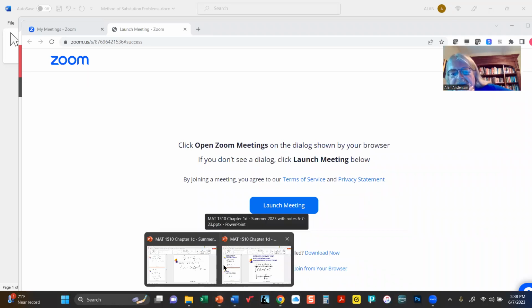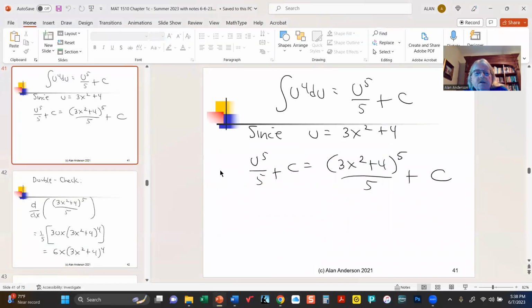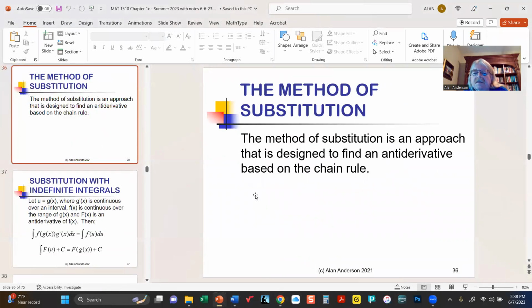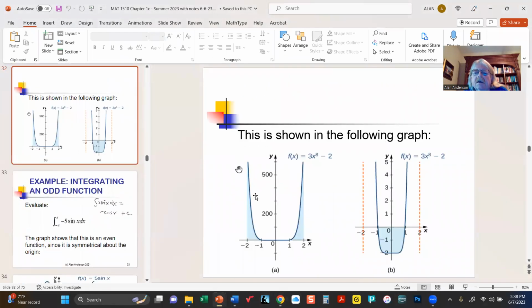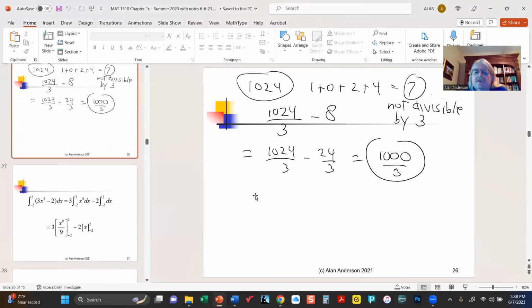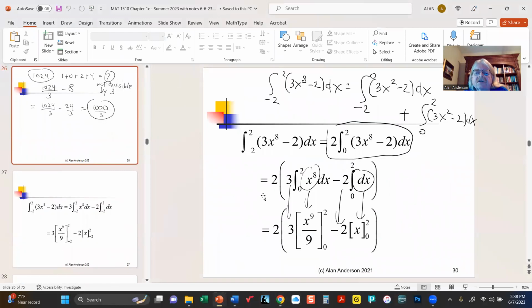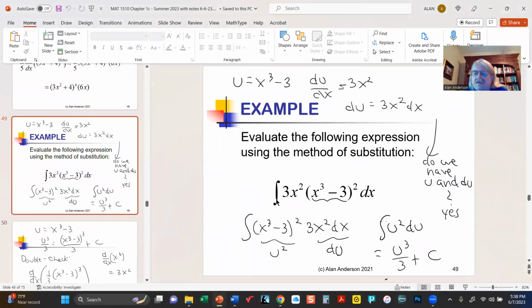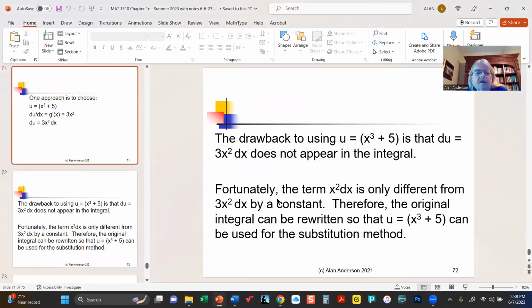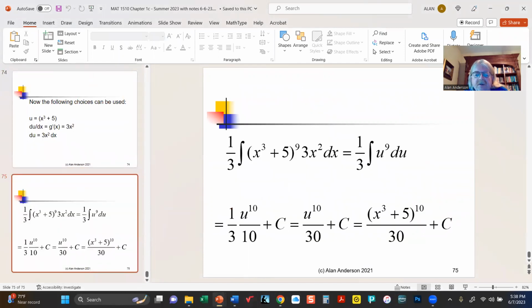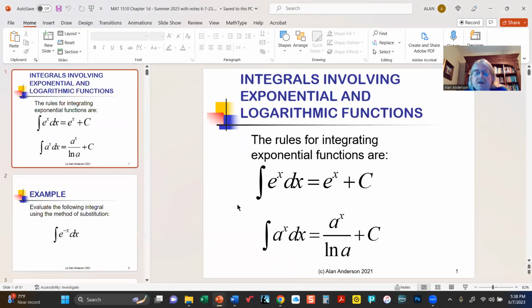All right. Okay, so yesterday, of course, as you know, we finished up section 1C, and we ended up with a very complex, very important technique called the method of substitution for integration. So the next section, 1D, introduces us to integrals for exponential and logarithmic functions, and we will start doing that tonight. But what I thought it might make sense to do is take a step sideways and basically get some